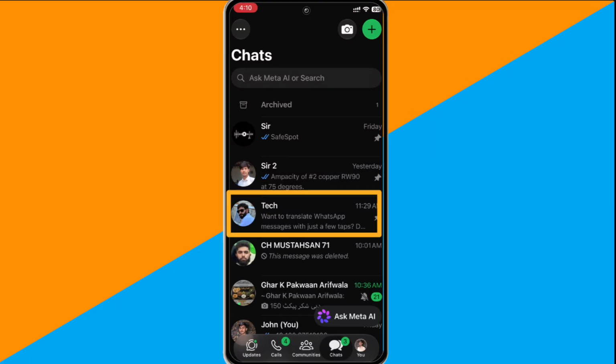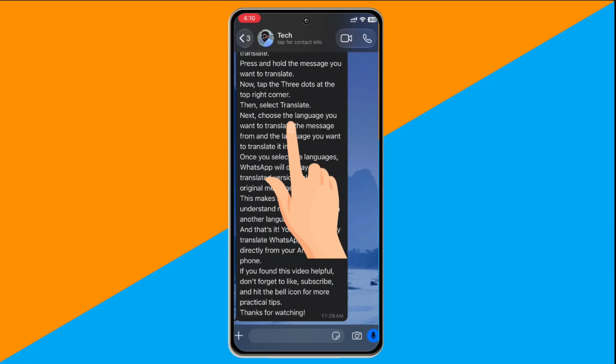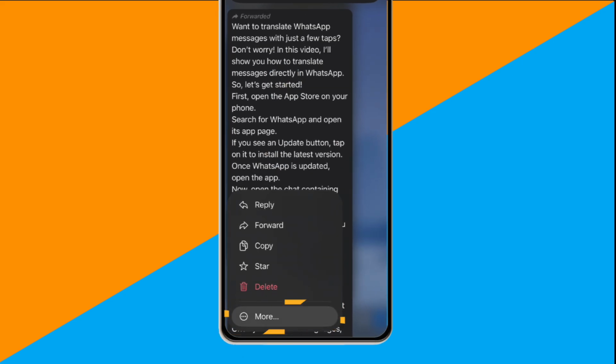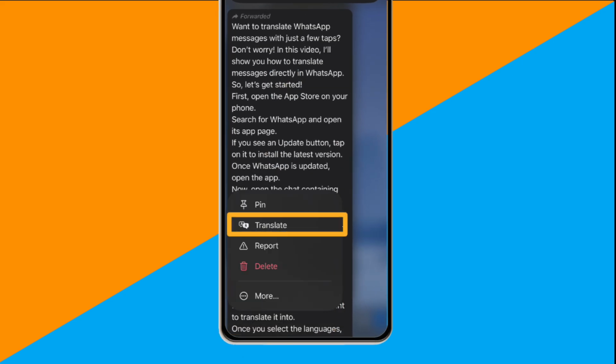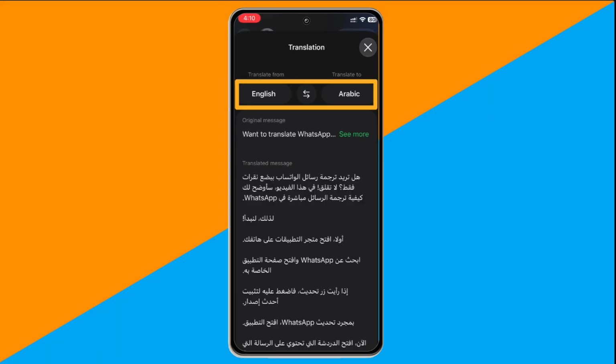Now, open the chat containing the message you want to translate. Press and hold the message you want to translate. Now, tap on More from the menu. Then, select Translate. Next, choose the language you want to translate the message from and the language you want to